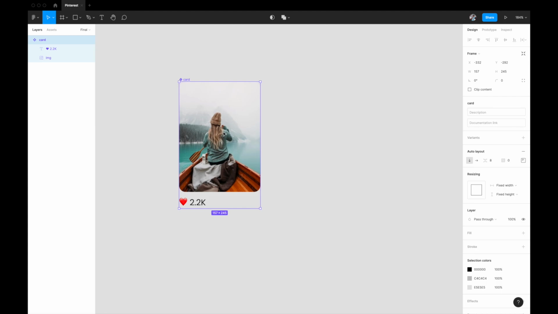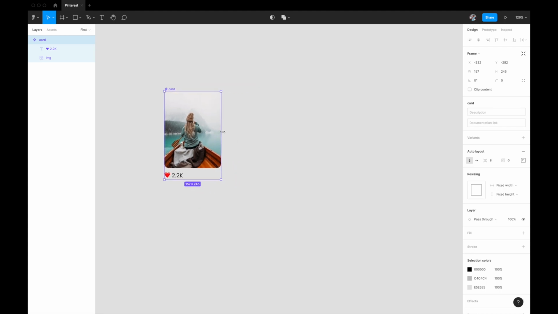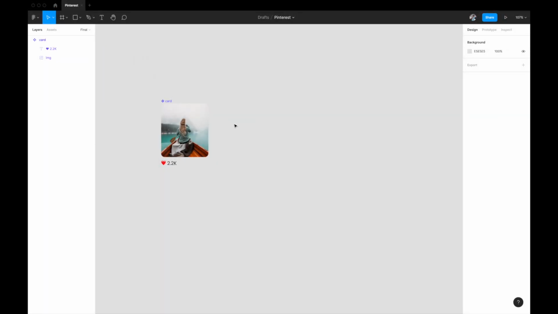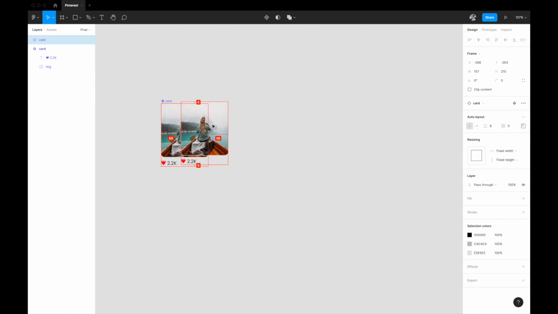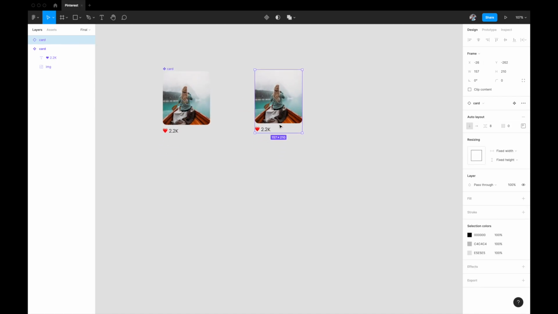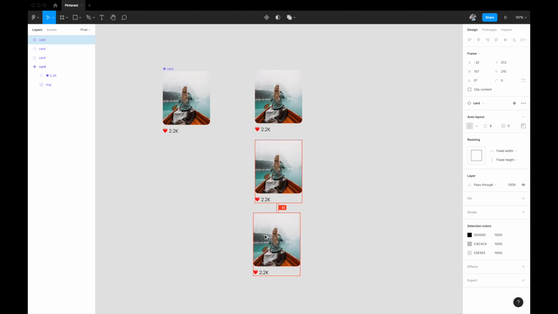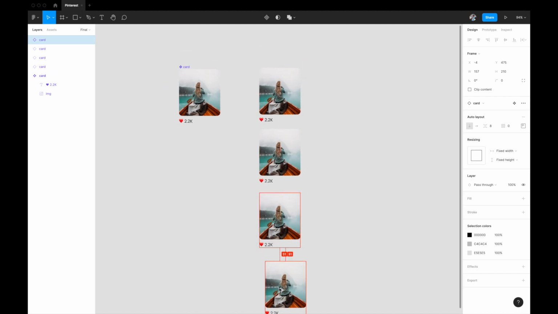Okay. Now we want to start step 2, and step 2, if you remember, was to create columns out of these cards. So let's quickly do that and build a column layout. To build the column, I'm going to replicate this card, which will create instances of this card, and stack these cards in a vertical direction. I'll just create 4 instances of it. Let's say 1, 2, 3, and 4.